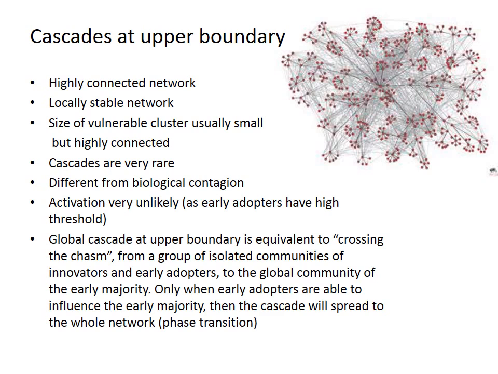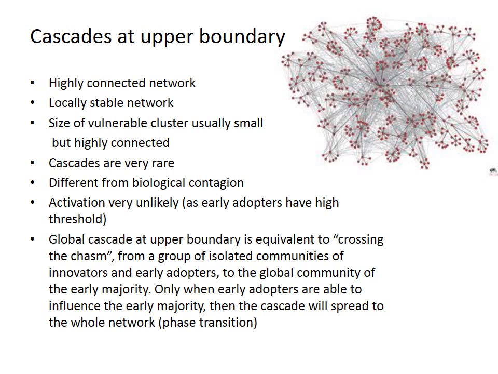So this is, in general, a locally stable network. Why locally stable? Because the more neighbors you have, the less you pay attention to any one of them individually. In order to pay attention, you need to have that a critical fraction of them must have adopted. But that's difficult to happen because the more neighbors they have, the more stable they are as well. So the size of the vulnerable cluster might be small. This is basically determined by the average threshold, but it's difficult to achieve because it's definitely bigger than 1. So cascades here are very rare because the network is locally stable.